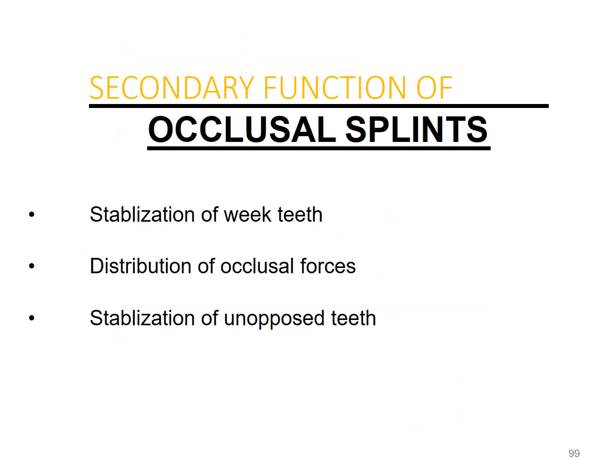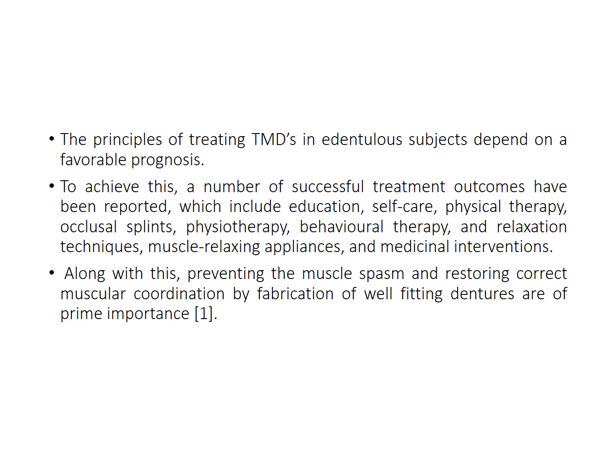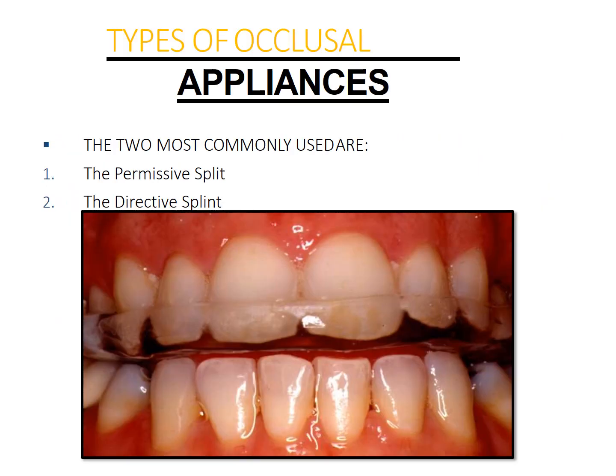The secondary function of occlusal splint is to stabilize the weak teeth, to prevent the fracture or vertical root fracture of the teeth due to excessive occlusal forces from bruxism, and to distribute the occlusal load over a large surface area. Okay. Now coming to the occlusal appliances, as I mentioned, occlusal splints are of two types,